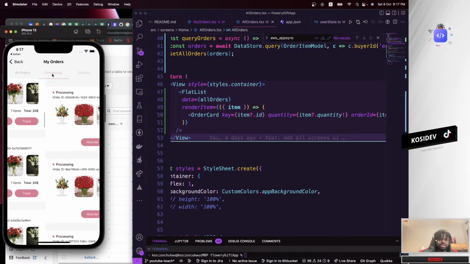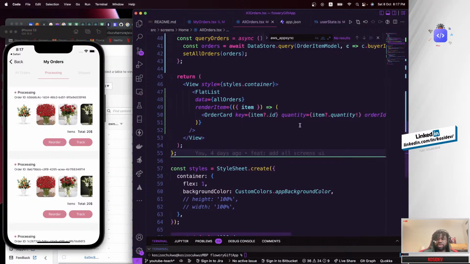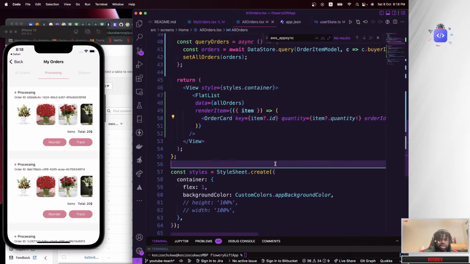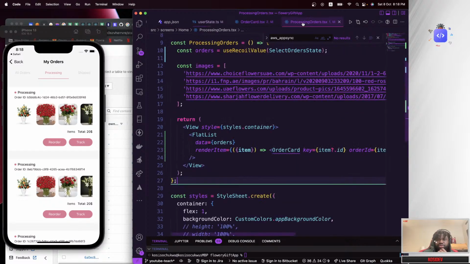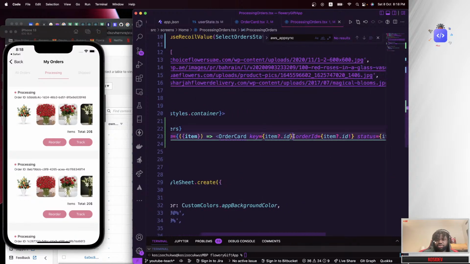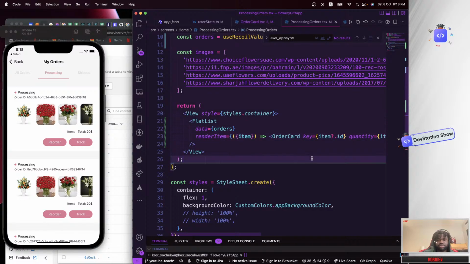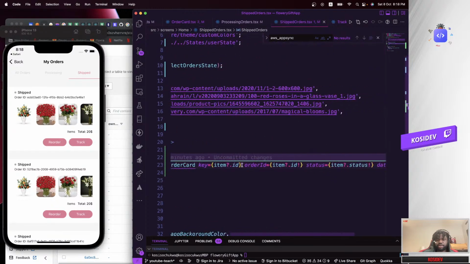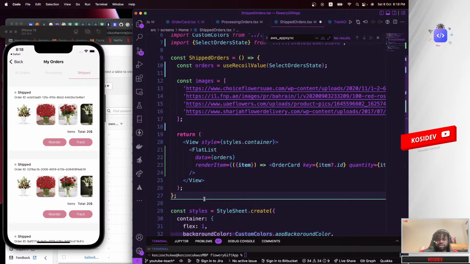So if you go to processing right now, you see the item is still empty. So let's fix this for processing, and then also shipped orders. So let's go to the processing orders page, and I'm going to pass in the quantity also to be this, and like you see it's now 1 item for each of these items. So shipped orders. I'm going to also pass the quantity to it, and there we go. So going to save this. I can see the quantity is reflecting.